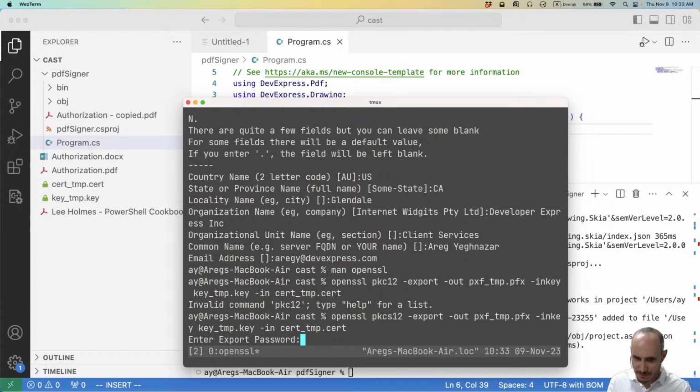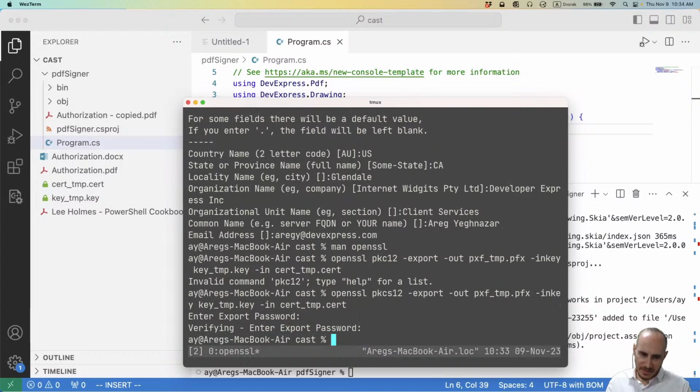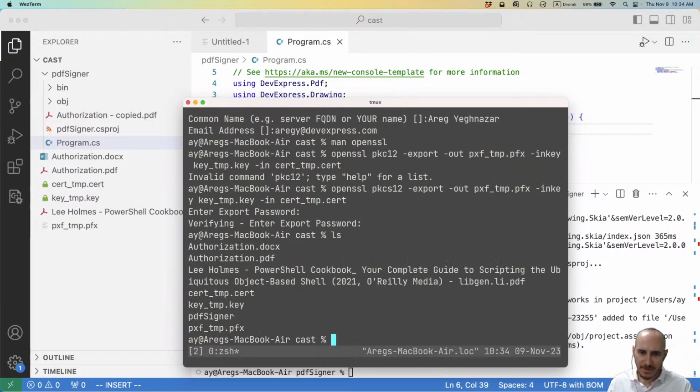this password in other places, but just for the sake of having a non-empty value, I have decided on something. It'll be in clear text later when we're using it, but it's a small little string, and I'm going to be requiring this later. And now I actually do have a PFX file, a